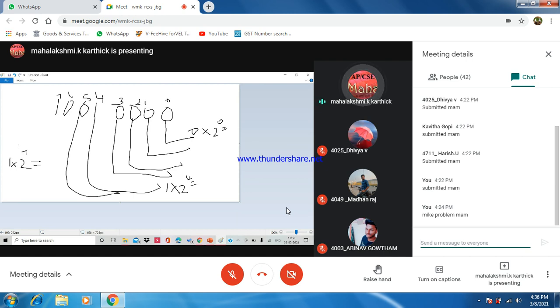Work it out and tell the answer. Please reply, students. Anyone? 2 into 2 into 2 till 7. What is the output here? 2 to the power 7. 128. Very good. 128.